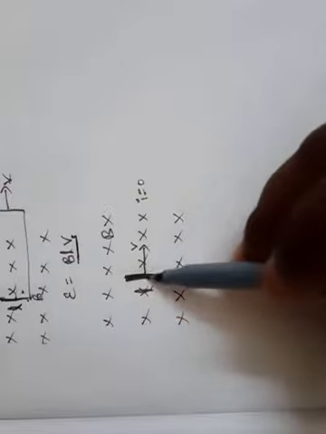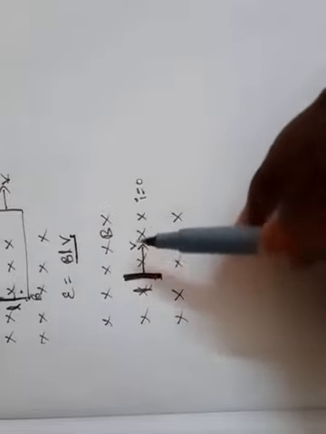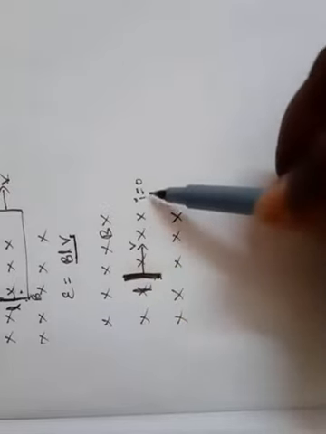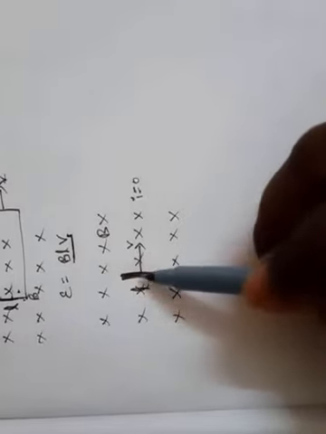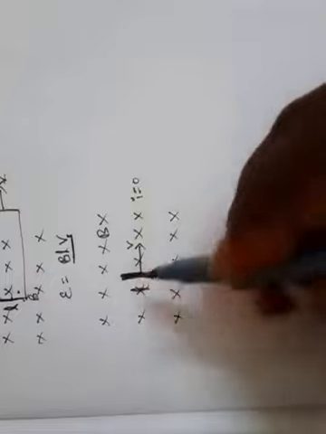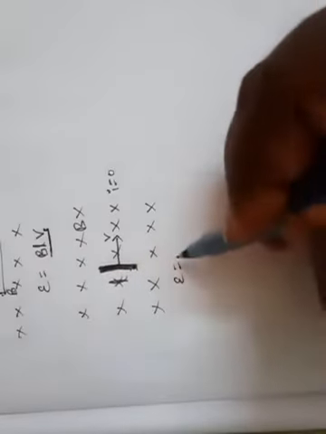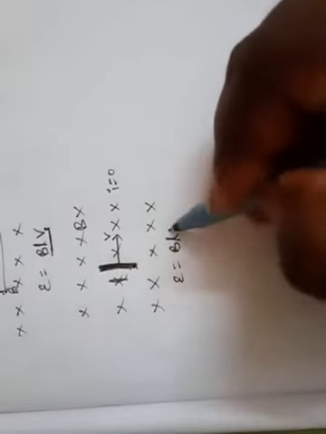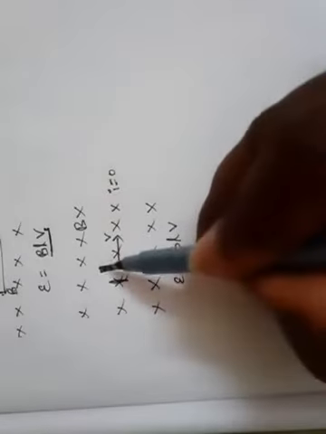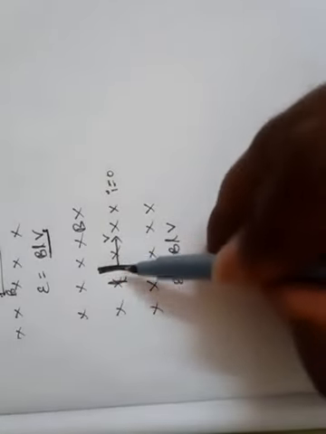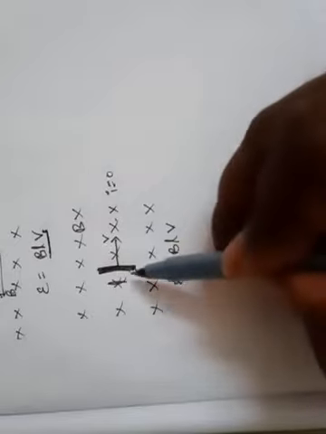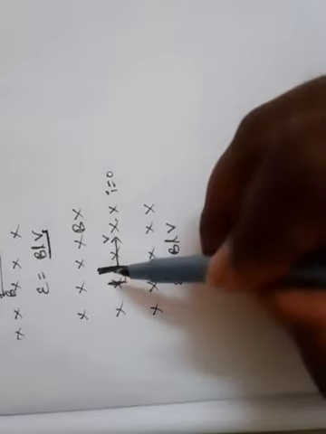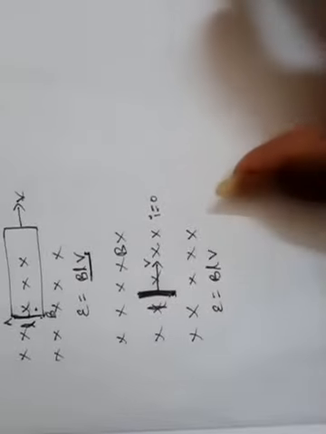Even though the conductor is cutting the magnetic field lines, there is no induced current because it is not a closed loop. It is only a conductor. In this case, EMF is induced. What is the expression? Induced EMF is equal to BLV. Here also this is the length of the conductor, and the velocity is perpendicular to this length. Suppose it is not moving perpendicular to it, then what is the expression? We'll see that.